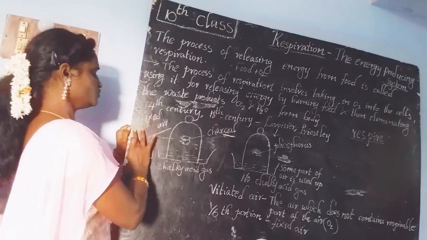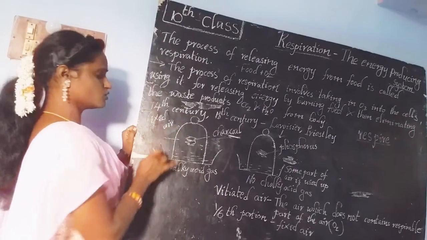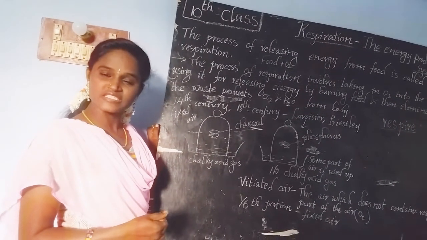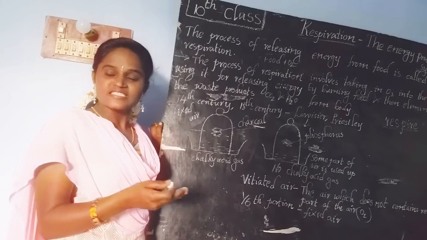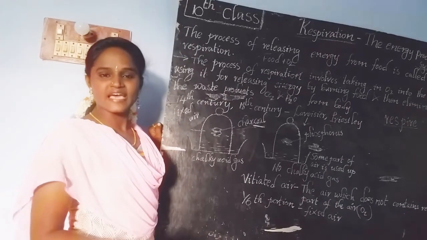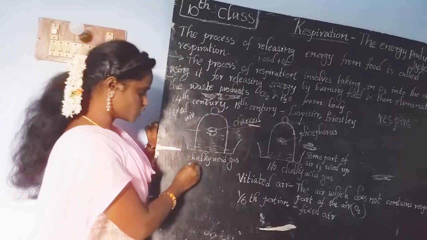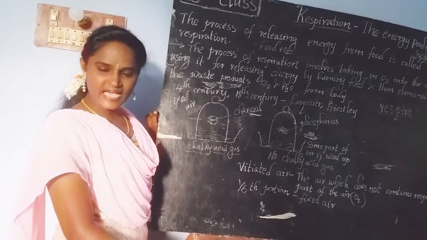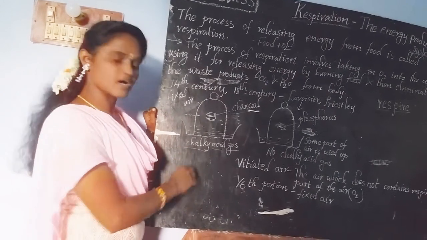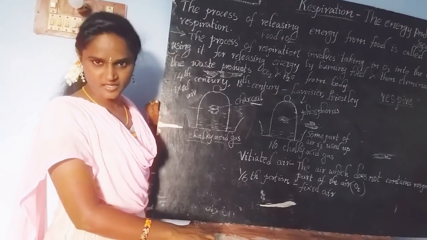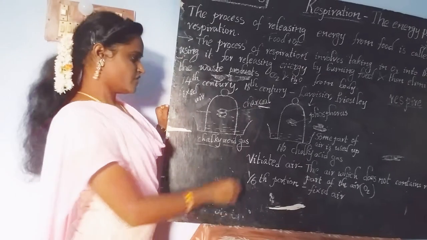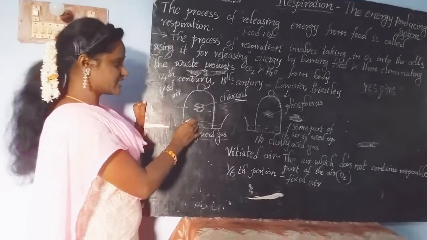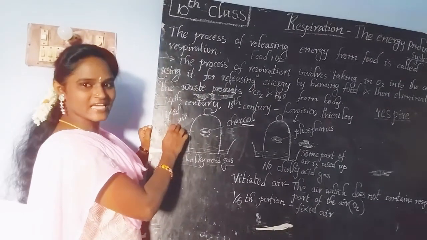In those days, people didn't know the term carbon dioxide. That's why they called that gas fixed gas. I think you understand, fixed gas is nothing but carbon dioxide. And this fixed gas is also called chalky acid gas. Chalky acid gas and fixed gas are both other names of carbon dioxide. Is it clear, children? Whenever he burned the charcoal powder inside the bell jar, it just produced fixed air